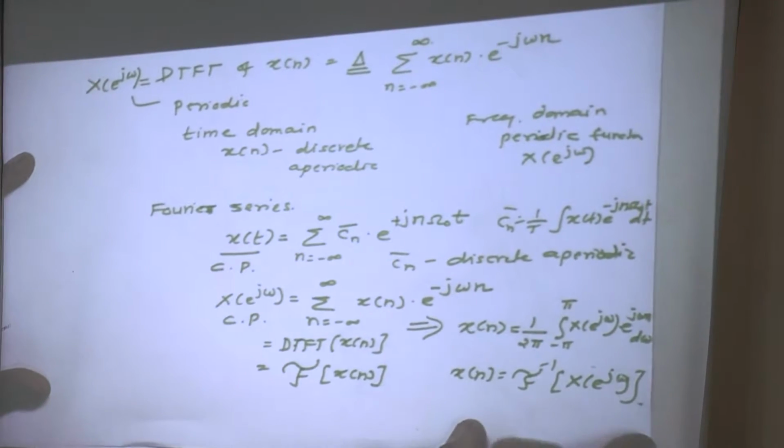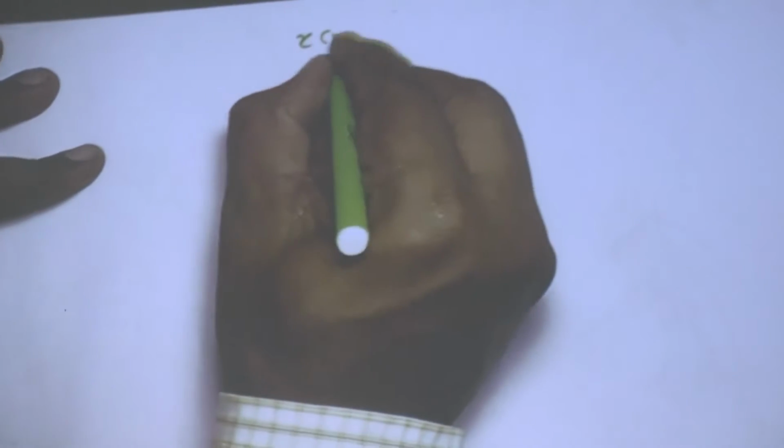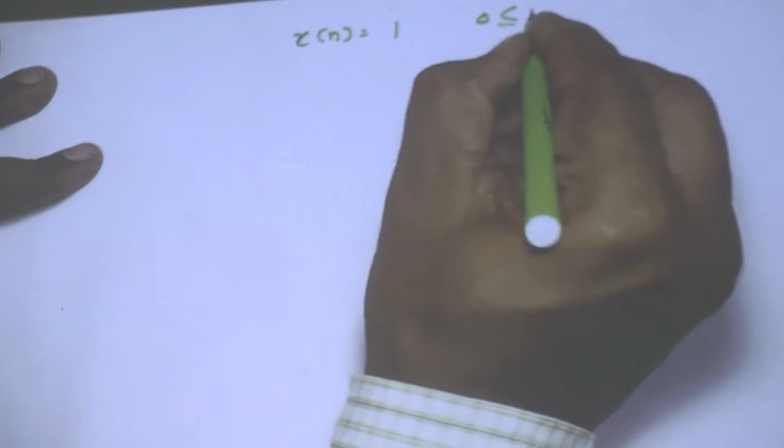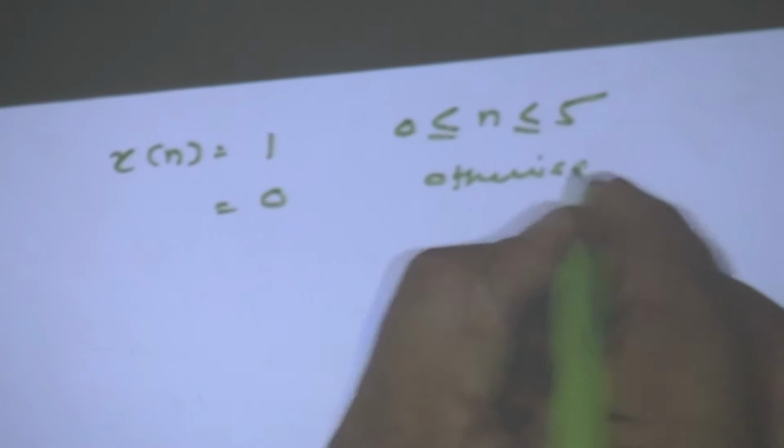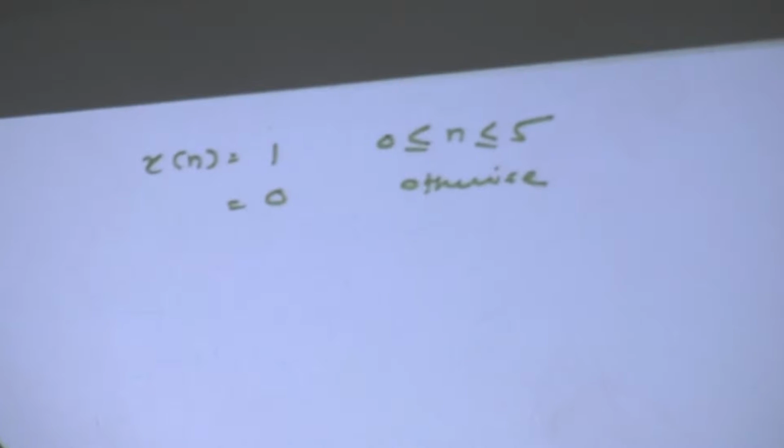Before going to this, I had given you an exercise and some people asked me some problems. So let me complete that exercise here. How many of you want it to be completed here? The exercise was x[n] is given as 1 for 0 less than or equal to n less than or equal to 5 and is equal to 0 otherwise. Determine the discrete time Fourier transform of this. I hope everybody has obtained it. The problem was only with reference to plotting the magnitude and phase function. The other part was no problem.